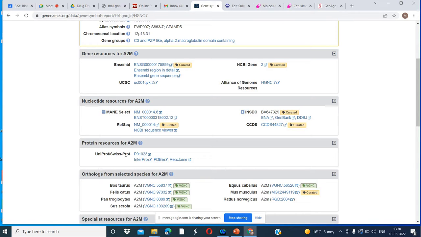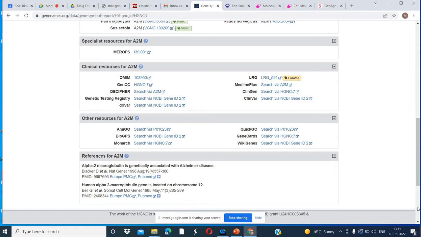Okay, so we can go to SwissProt, we can search about the protein product, we can search about the PDB structure. Okay, and we can search about the nucleotide sequence. Nucleotide ID is given here, the gene ID. So we have all the information on this one page. Okay, so this HUGO provides the interface for the different databases.